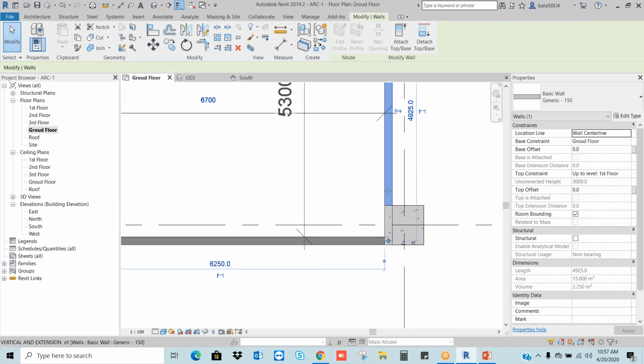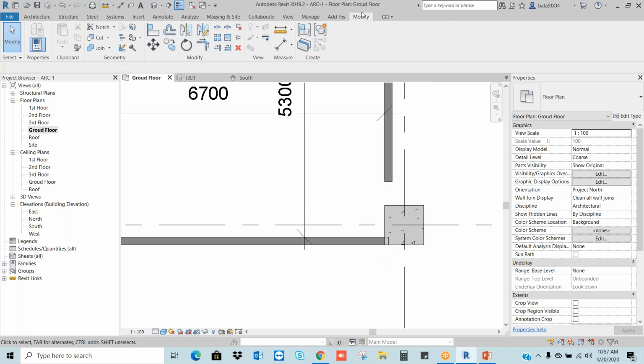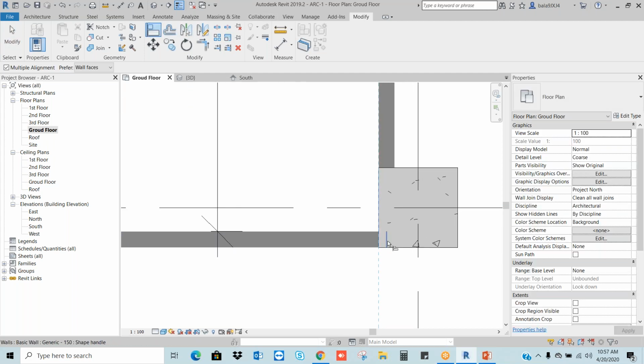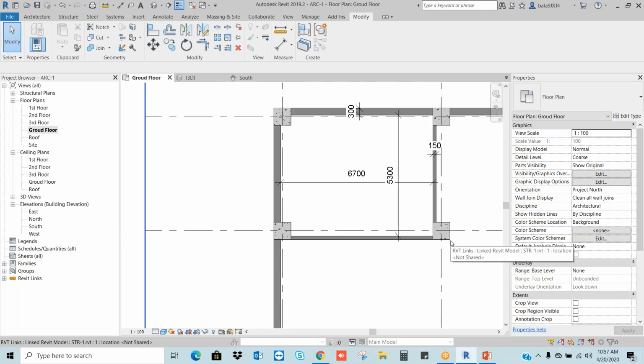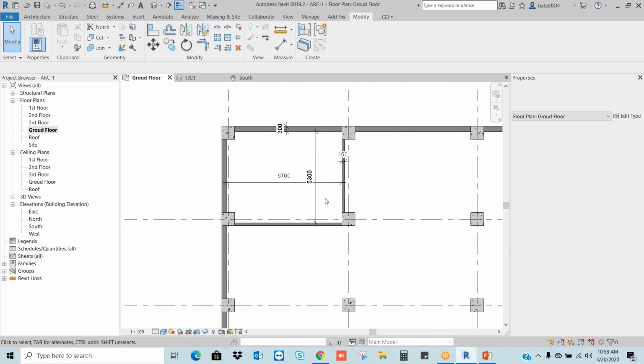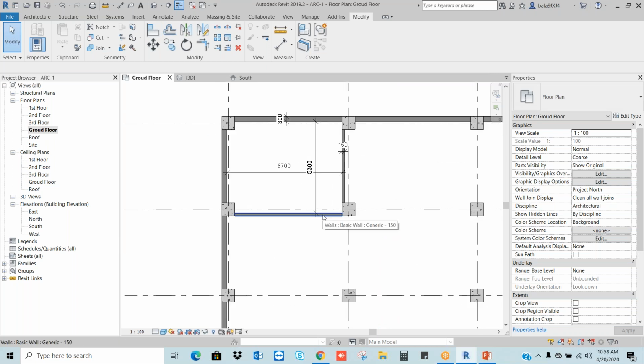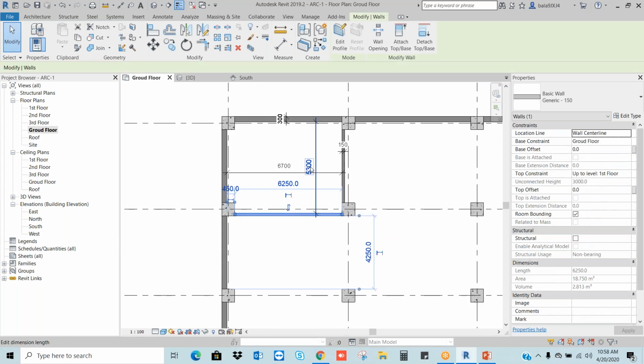Just select it, drag and drop offset, and go to the modify, align command, align the edge of the wall. Can you see? If you want to draw something according to dimension, first draw the object, then place a dimension and adjust.